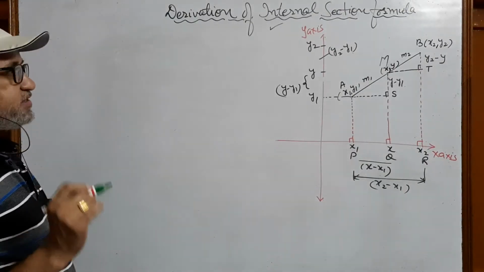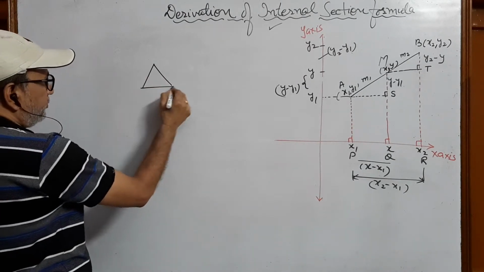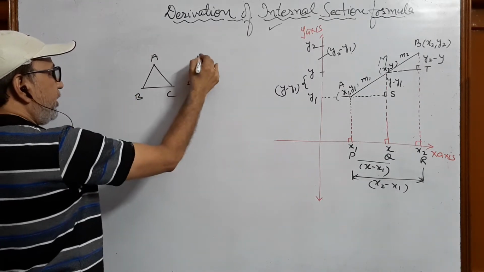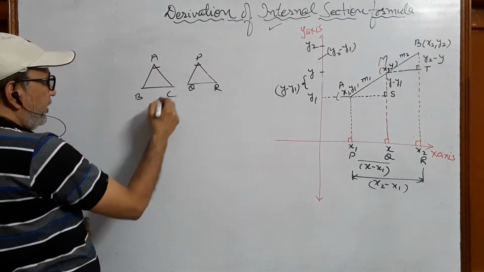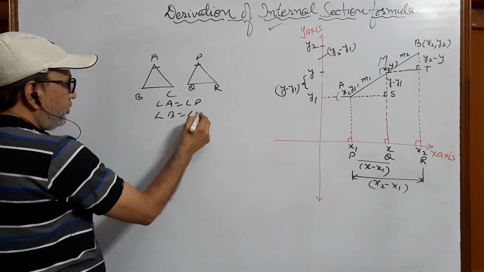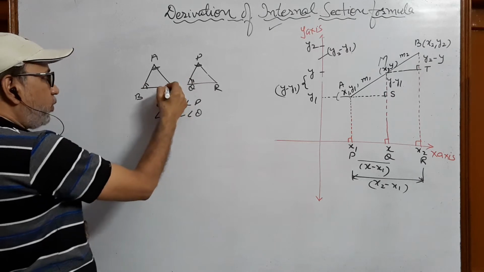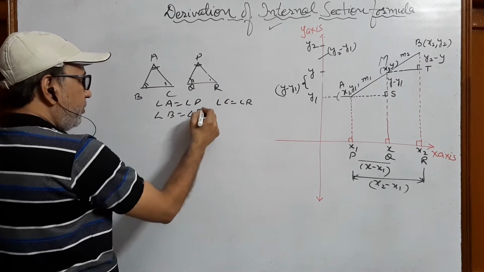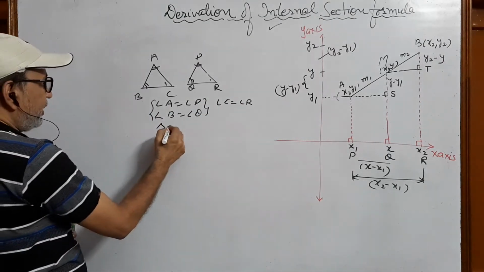Okay. Now see, there are two simple concepts here in triangles. In any triangles A, B, C and P, Q and R, for example, angle A equals angle P and angle P equals angle Q. Means A and P are equal, P and Q are equal. Automatically the third angles C and R must be equal. Okay, no matter. But by angle similarity, we will say the triangles are similar.